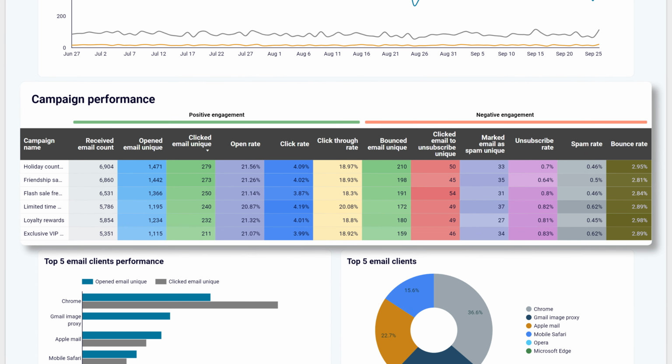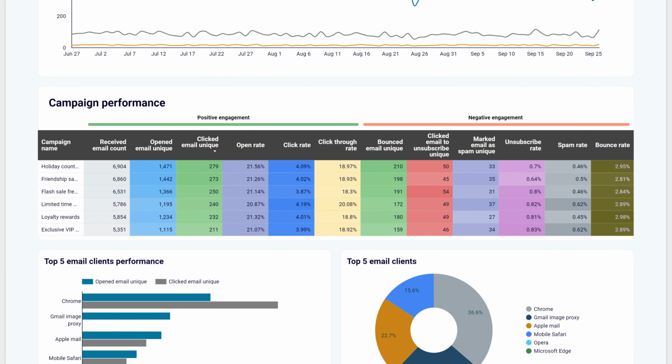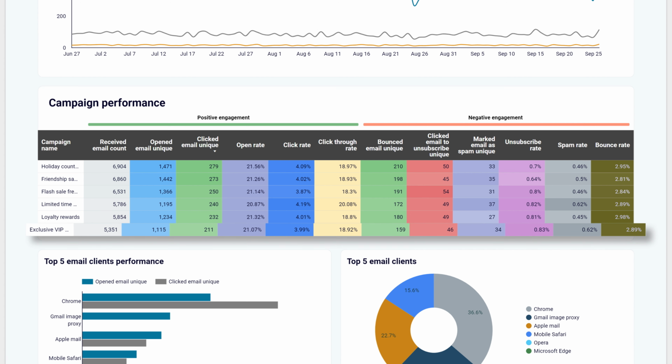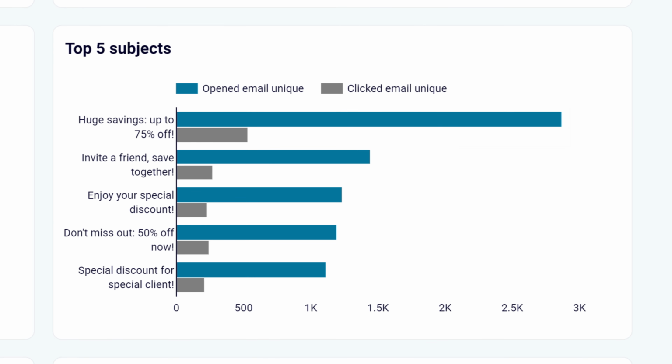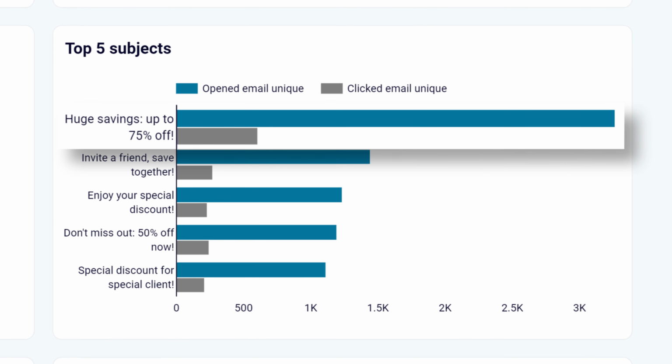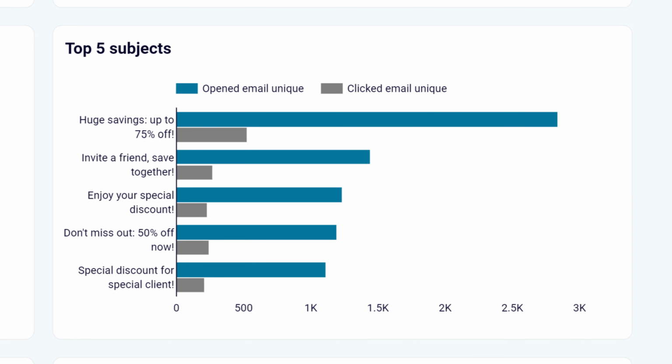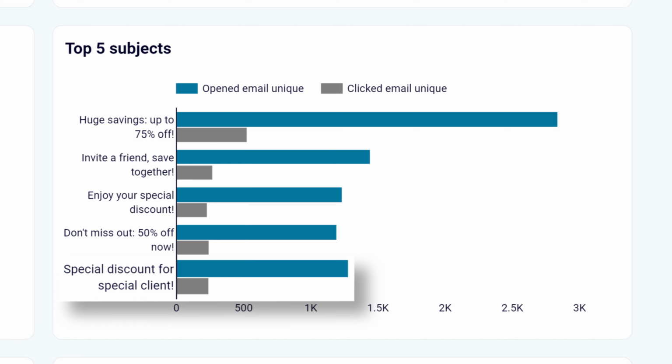Here's the data for the recent campaigns. Customers seem to consider VIP in the subject line a sign of spam. This is a tiny but valuable detail. Another insight is that the more specific the message is and the bigger the sale, the better the open rate and CTR, and vice versa. If the message is too abstract and the benefits are unclear, customers don't want to open that kind of email.